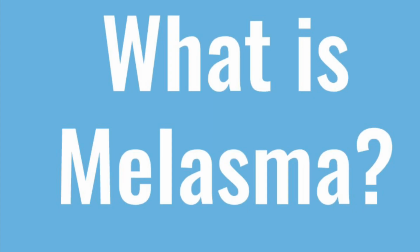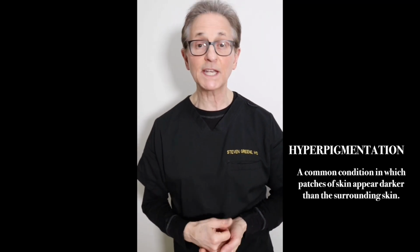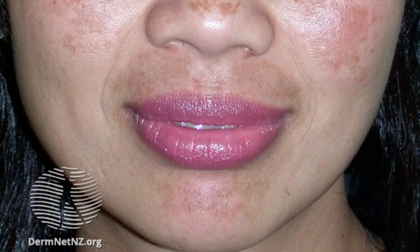Today, I want to give some good descriptions about melasma. Melasma is a very common condition that we see that's in the hyperpigmentation category of skin disorders. Melasma is a common skin condition that can present with light brown, dark brown, and blue-gray patches on the face